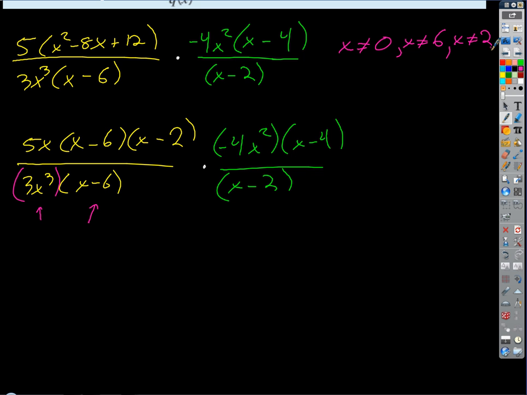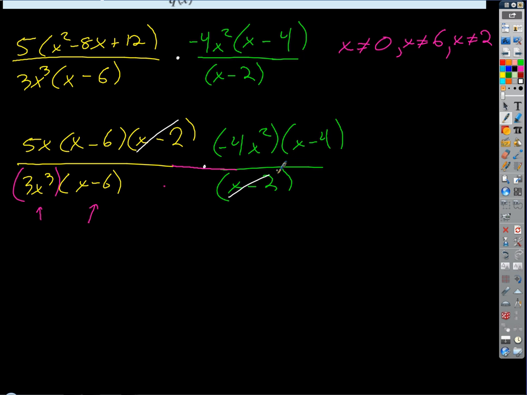So what's great about that is we don't even have to think about these as being 2 fractions anymore. We could essentially just extend this bar, and everything that's on top, those are all factors of the numerator. Everything that's on bottom, those are just factors of the denominator, right? So can we cancel any like factors? X minus 2. Okay, so one thing we could do is cancel the factor